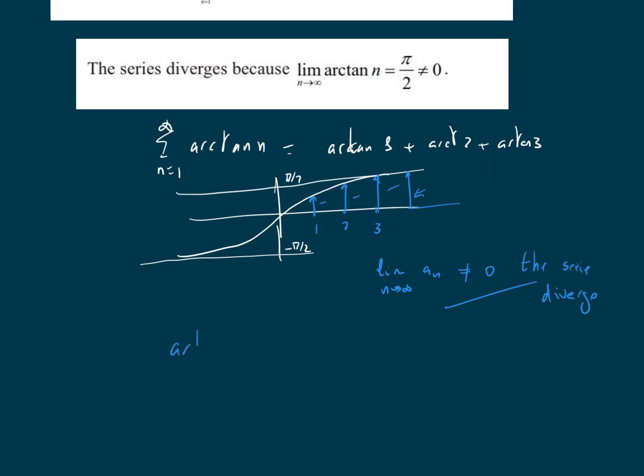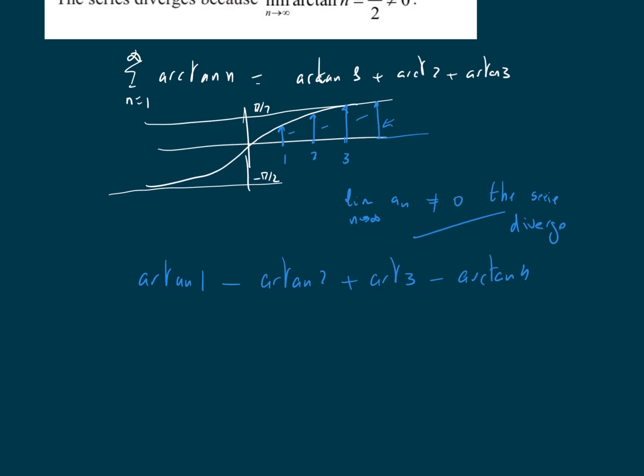arctangent of 1 minus arctangent of 2 plus arctangent of 3 minus arctangent of 4, etc., etc. Does this series converge? To converge, the limit when n goes to infinity of a sub n has to be 0, but it doesn't